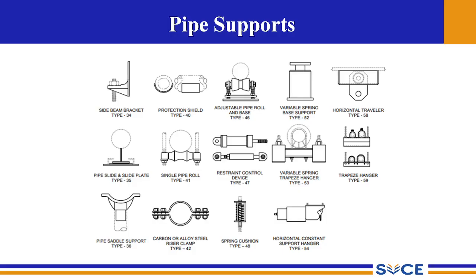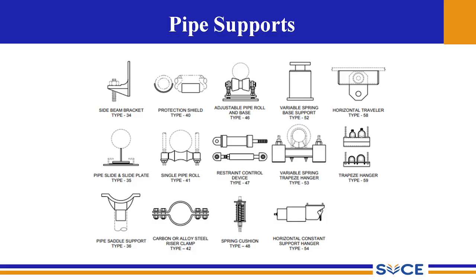Type 52 is a variable spring base support. It is a device having a single spring coil which will support the gravity loading of the piping, and it is subjected to vertical thermal movements. This device reduces the varying load when the pipe is moving from the cold to the hot position. So when the pipe is moving from the cold to hot position, we can expect vertical thermal movements. This variable spring base support will support the gravity load of the piping when it is subjected to